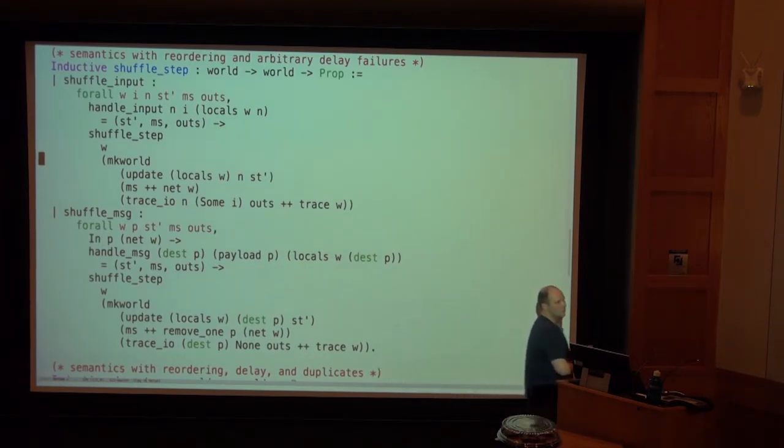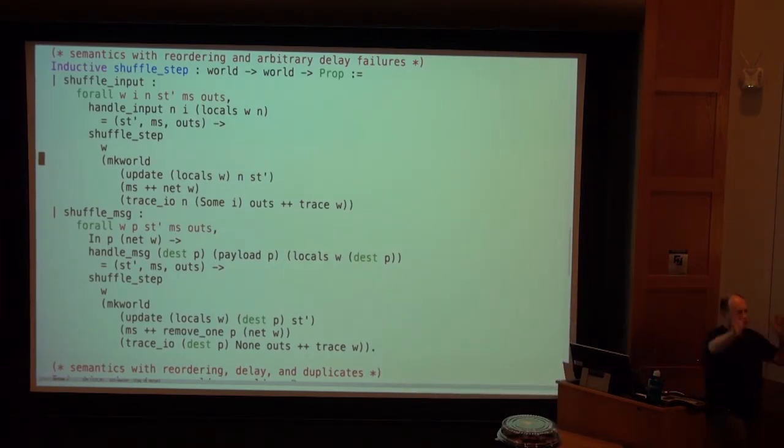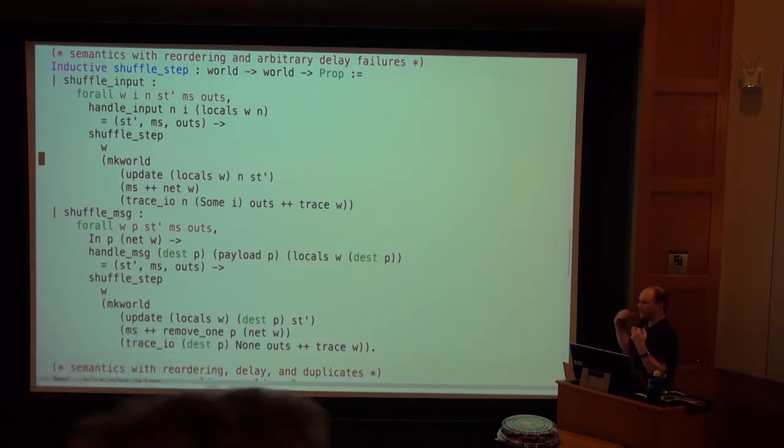Add sequence numbers? Yeah, so the answer is add sequence numbers. Can you tell everybody what sequence numbers are? Every message that each node sends, it adds an incrementing number to the packet in the transformed system. And okay, so now what I'm going to do is take a system designed to work in the ideal semantics